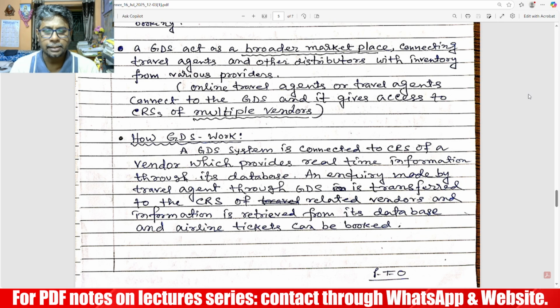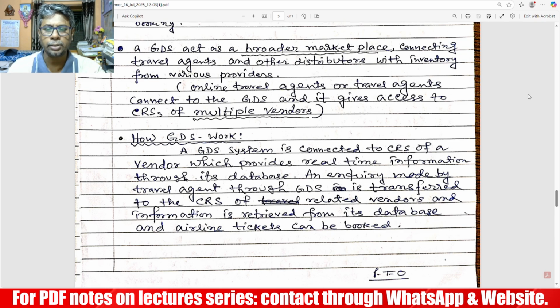Now we are going to learn how GDS works. A GDS system is connected to the CRS of a vendor, which provides real-time information through its database. The GDS system connects with the CRS, and the CRS provides real-time information through its database. And an inquiry made by a travel agent through GDS is transferred to the